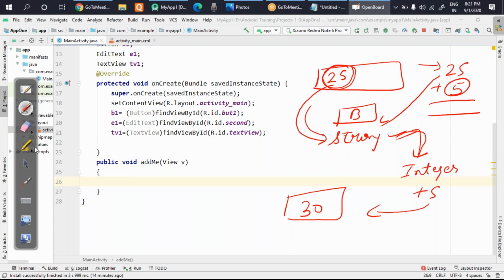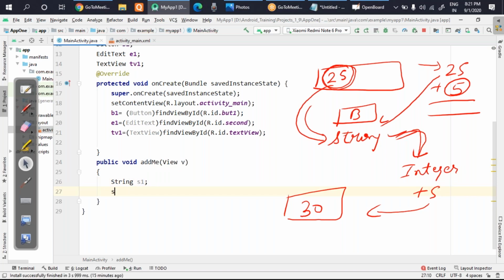Let's see how we can do this. I hope you all are clear that when I click the button, the add me function will be executed. First we grab the value from the edit text, and the edit text variable is E1. When grabbing, a string will be created, so I create a variable of type string, let it be S1.